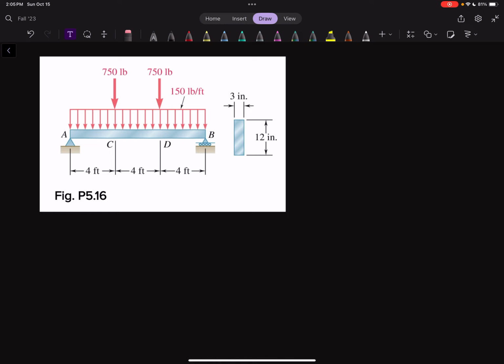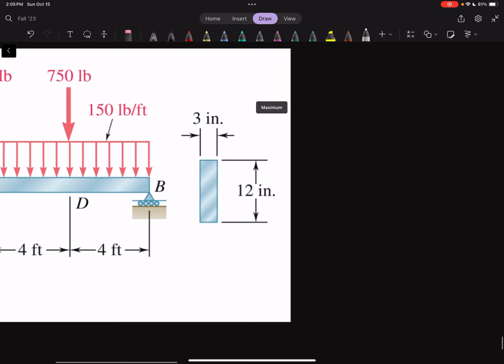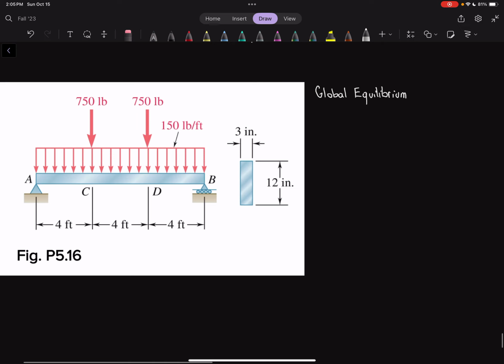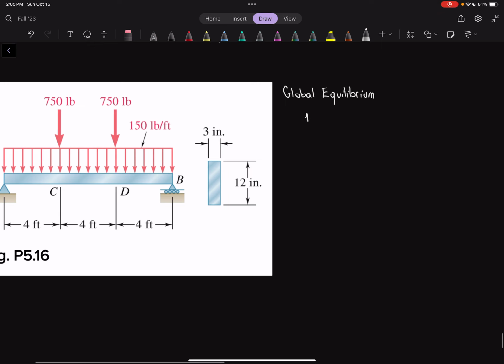So where would we start? Well, we would start by finding global equilibrium. And we're gonna start by finding our reaction forces. So if we do the sum of the moments about point A, where the moments are positive going this way, we know they have to be equal to 0